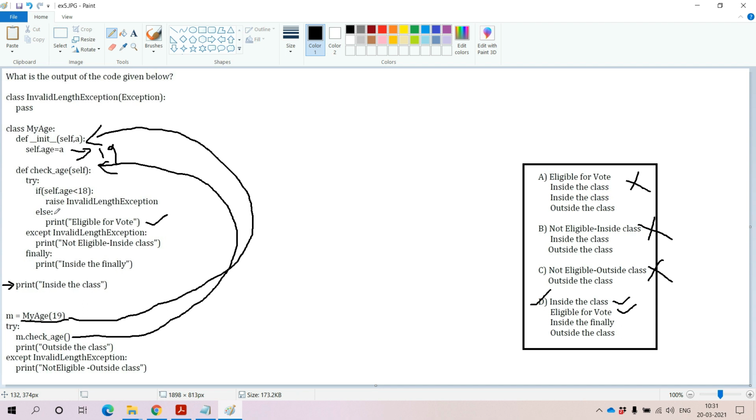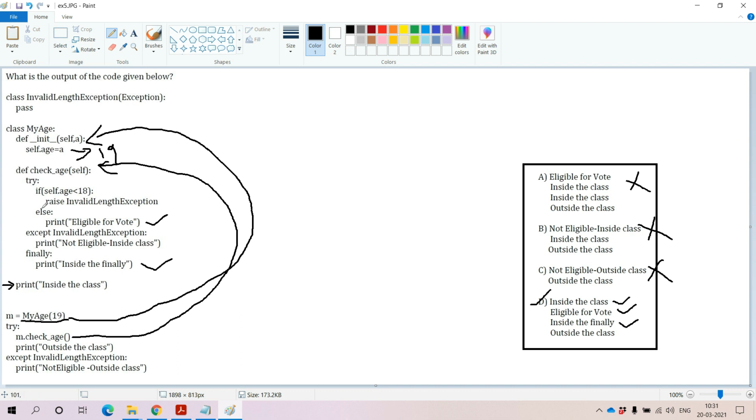It may get an exception or may not get an exception. After completion of the try block, if there is any exception, the related except block will be executed. If there is no exception, definitely the corresponding finally block will be executed. Due to that reason, the third message that we are going to get here is inside the finally block. Yes, we are getting it in the fourth option.